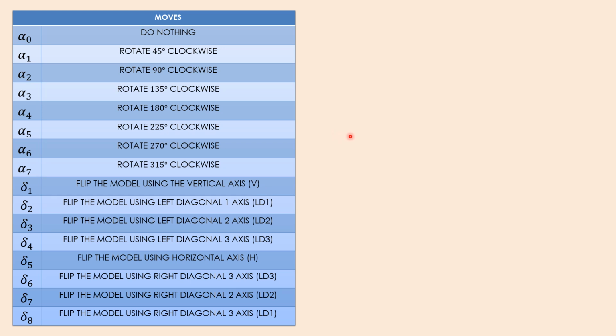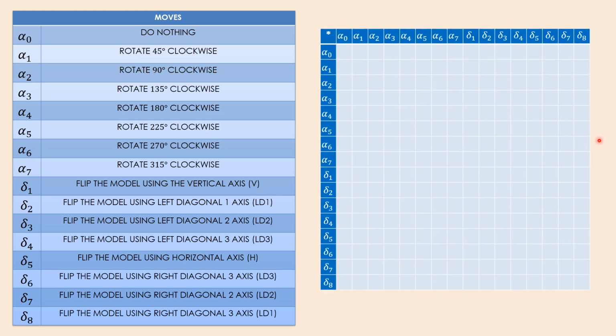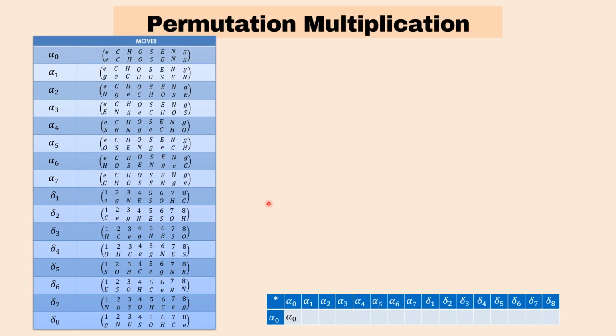Now, let's verify if the group G, E chosen G, 1, 2, 3, 4, 5, 6, 7, 8 is closed under permutation multiplication. And we cannot do that without filling the table first. So let's perform first the permutation multiplication so that we can fill this table. So listen carefully as I teach you the process. In group theory, a permutation is a rearrangement of elements in a set. Permutation multiplication means combining two permutations by performing one after the other. It is similar to composing two functions.